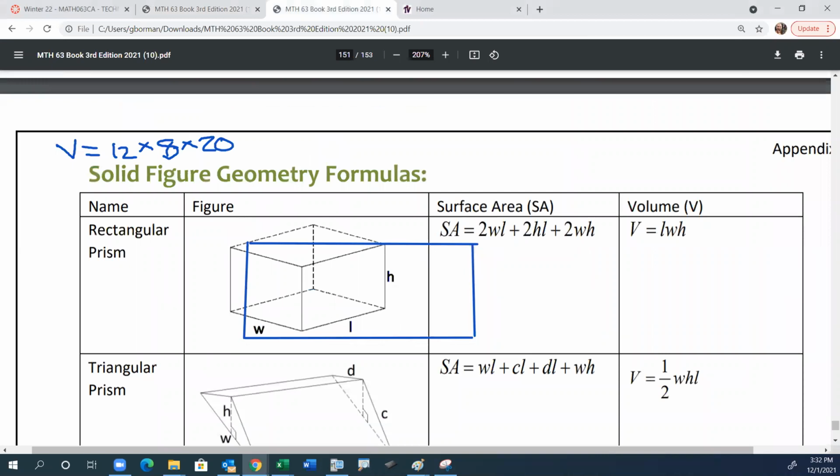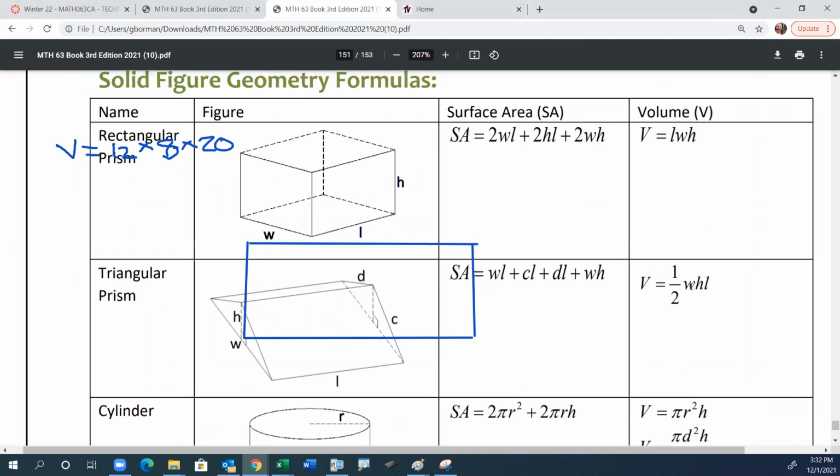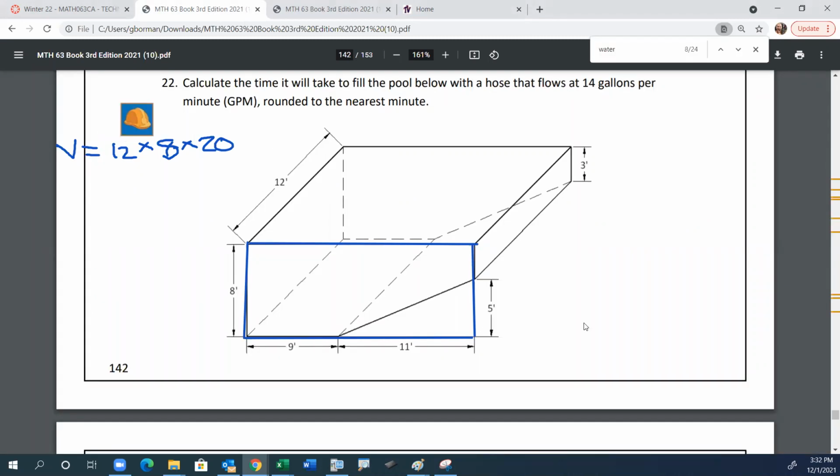Well, that's just a triangular prism, and the volume of a triangular prism is going to be the same thing, length times width times height, but cut in half. That's the only difference between the volume of a rectangular prism and the volume of a triangular prism. Okay, so we're going to subtract from that the volume of this triangular prism,